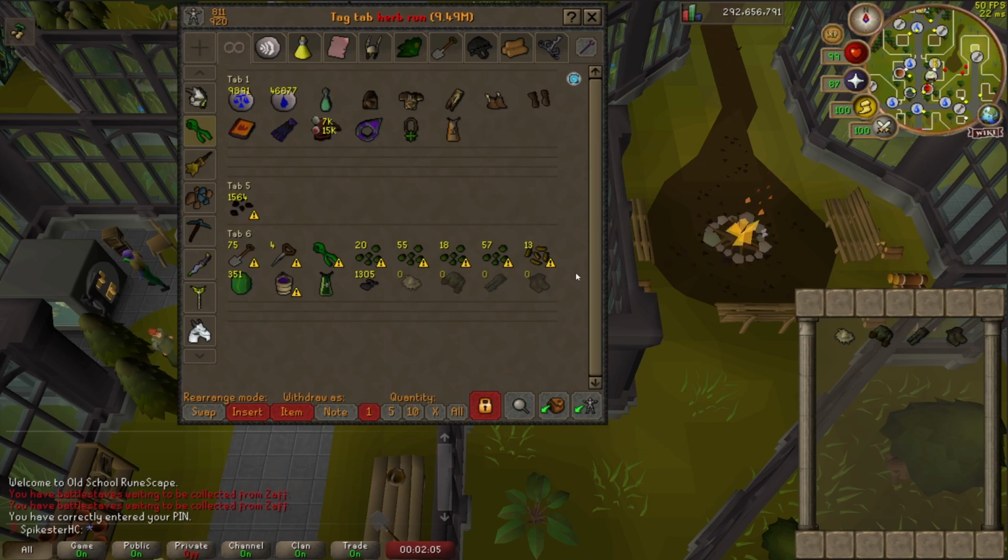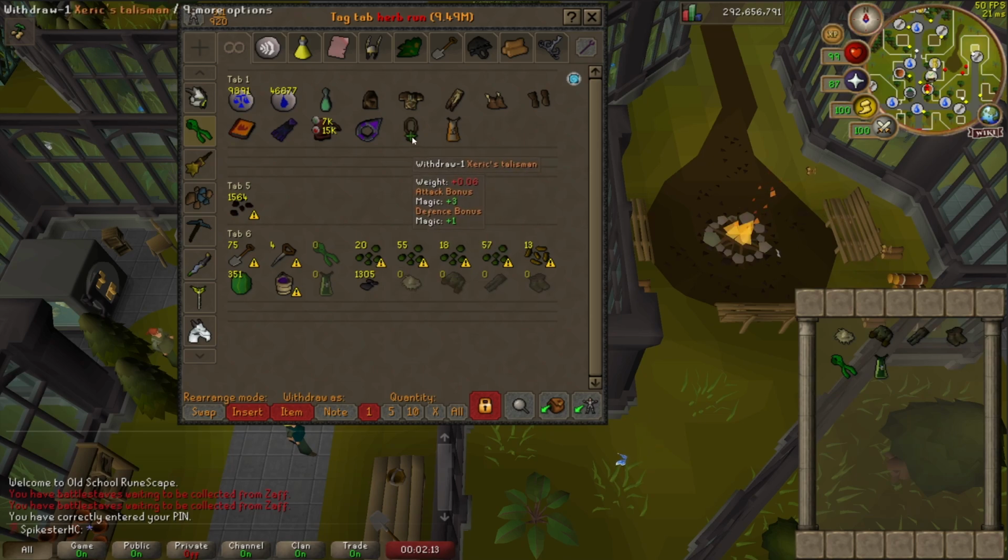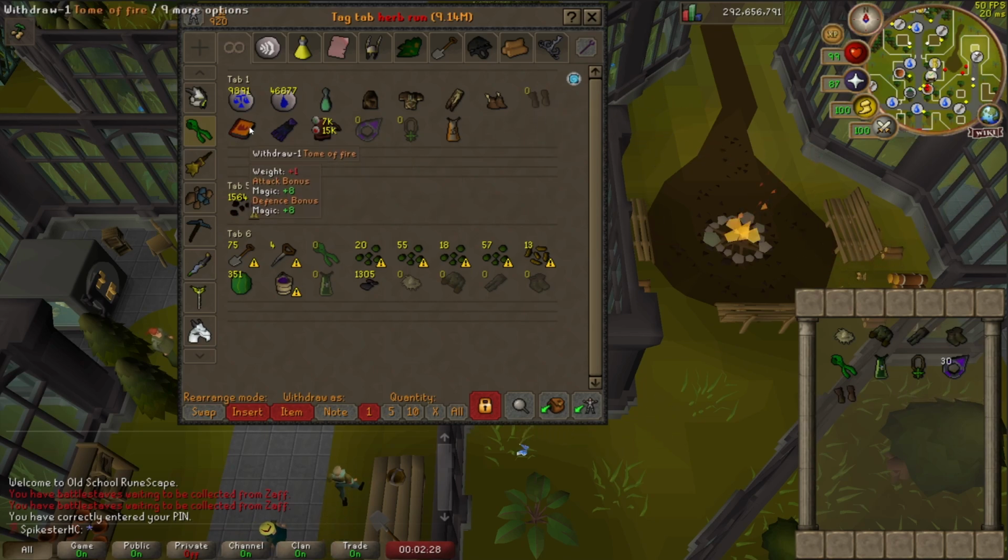And then after this, I bring my Magic Secateurs and my Farming Cape. They buff my herb yield by a bit, so I definitely want to bring them. I bring my Xeric's Talisman for a teleport to Xeric's Glade, and I can access the Hosidius patch. I get my Explorer's Ring, and the reason I do that is for the Cabbage Patch. I bring Graceful Gloves just for a little bit extra weight reduction,